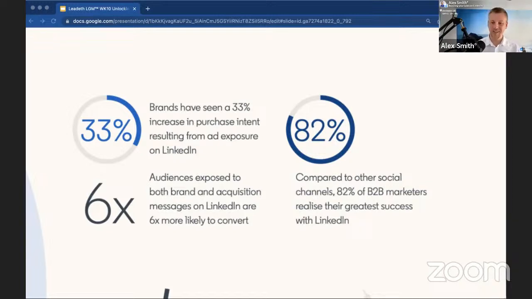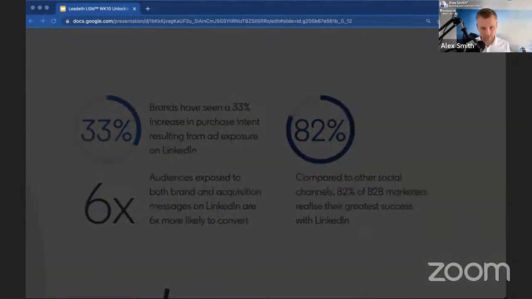Facebook's Meta have started to cotton onto this by including these personas where you can say, I want this specific audience and I want a lookalike of this specific audience, which we'll go into a bit later, but that's quite a cool feature. And it means when you're spending your ad budget, it's being spent in the right places. So you're not going to be wasting that ad budget on people that are just never going to buy from you. So you can be quite specific with LinkedIn.